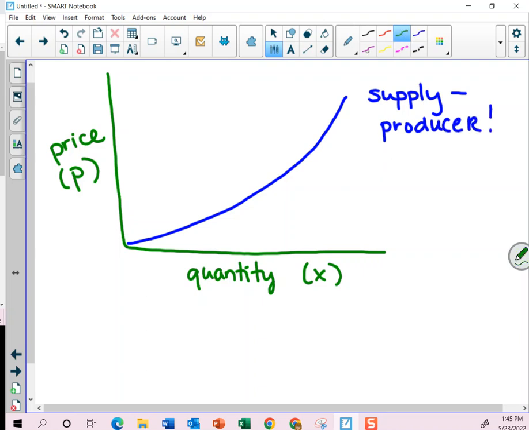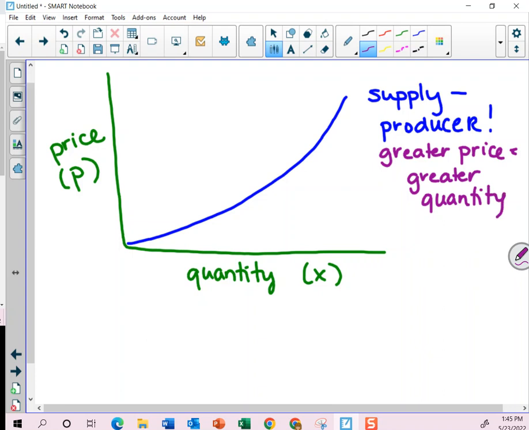And if you're a producer, if you're making things, theoretically, the more you can sell something for, the more motivated you might be to produce it. Okay? So there is a direct correlation as a producer in the theory of supply and demand that says, hey,